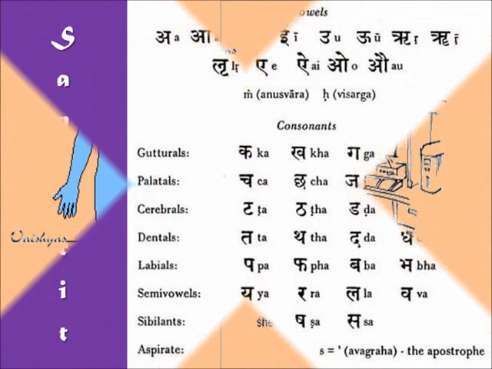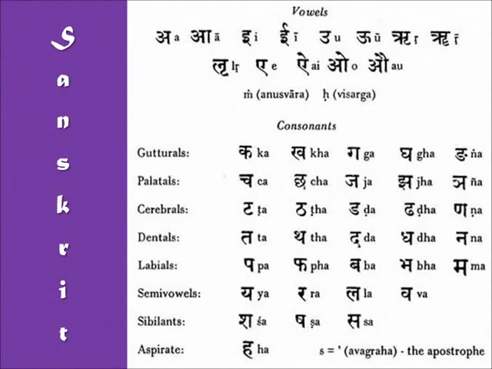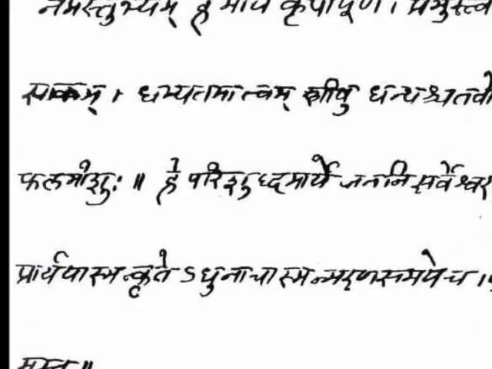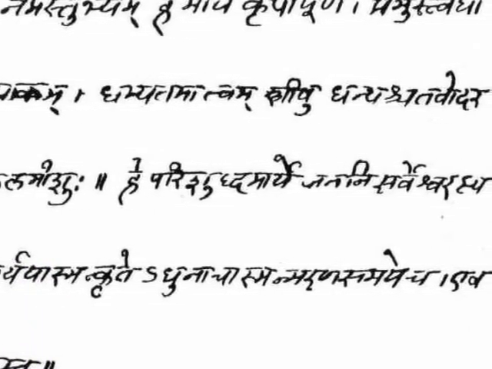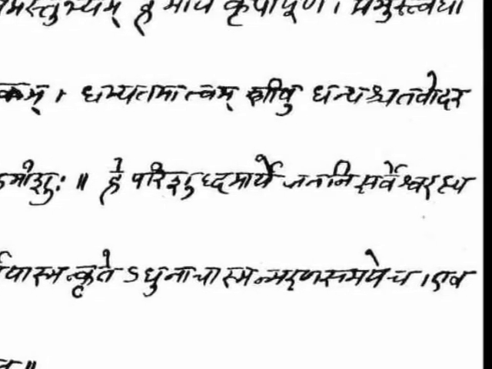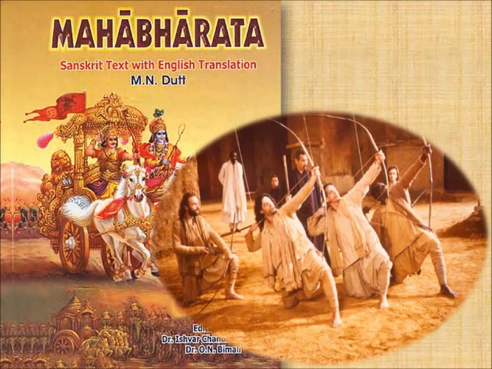And eventually they're going to get a written language called Sanskrit. This is the Aryan written language, which will become the Indian written language. And with Sanskrit, we're going to see the development of literature in India. For example, India's greatest epic poem is going to be written in Sanskrit, and it's called the Mahabharata, and it's